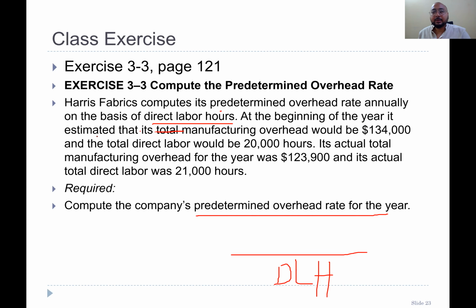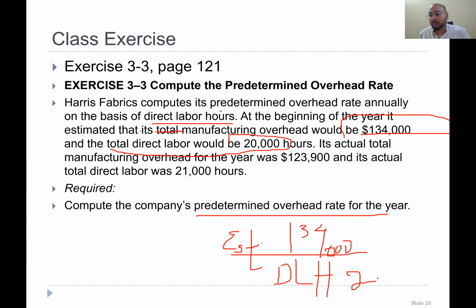At the beginning of the year, it estimated that the total manufacturing overhead is going to be 134,000, right? So the estimated 134,000, and they would be utilizing 20,000 direct labor hours. So 134,000 divided by 20,000. So that would be their predetermined overhead rate,